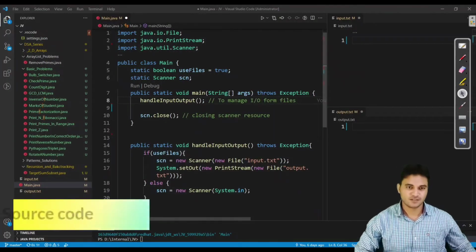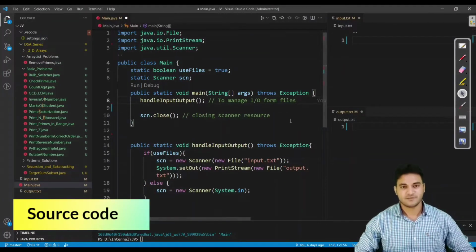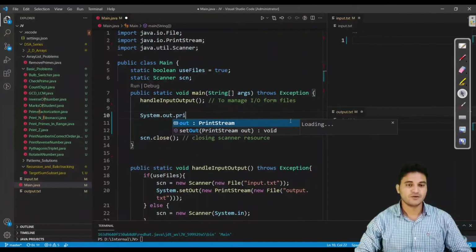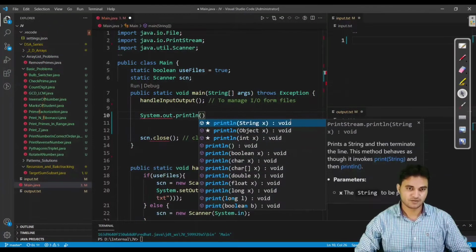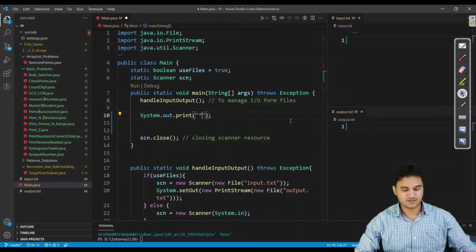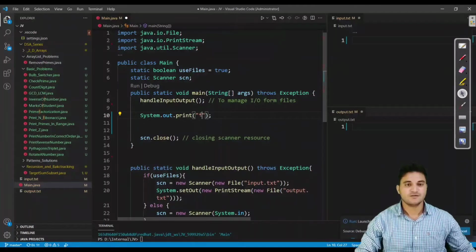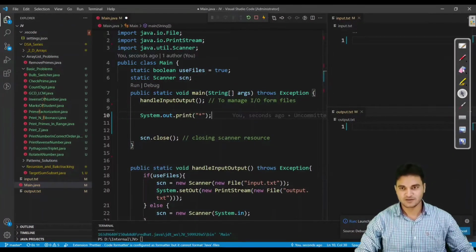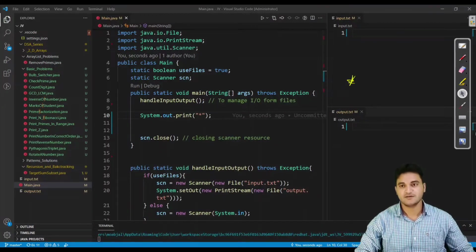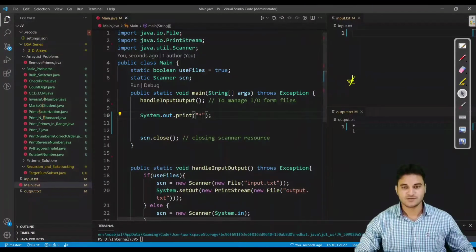I want to explain some of the concept of how the output is going to print onto the user screen. For printing, you already know we have a statement called print. Let us not use println, just use print. Let us say I am printing this star onto the user screen. What you are expecting in the output, I think you should expect a star over here. Let us see whether we are getting one star or not, and then we'll discuss that. As you can see, we are getting one star.